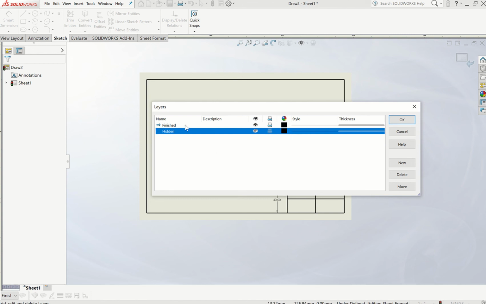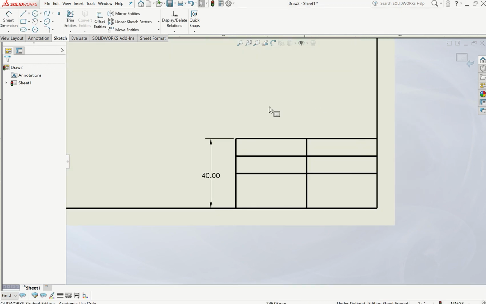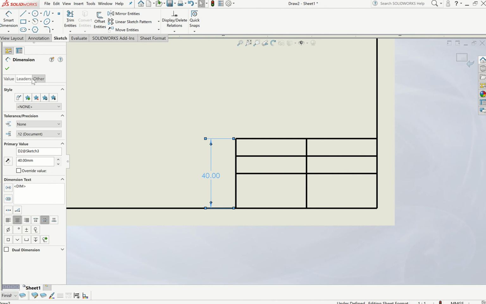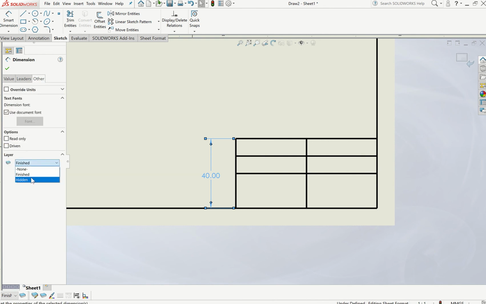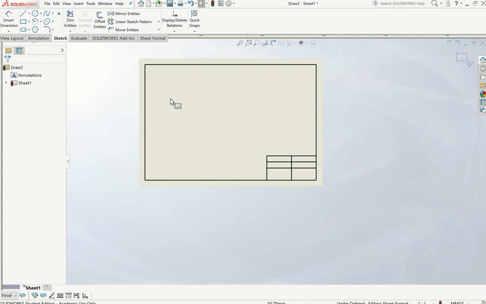And then also, right, let's go back to finish, make sure that arrow is there. So that was just a mistake there. So as you can see now, they've disappeared. It's the same with this. So if I go to other, scroll down here and hidden, and that should disappear now as well. Yeah, so that eye that it shows just basically means if it is going to be seen when it's printed or not. So the next thing is with our page border